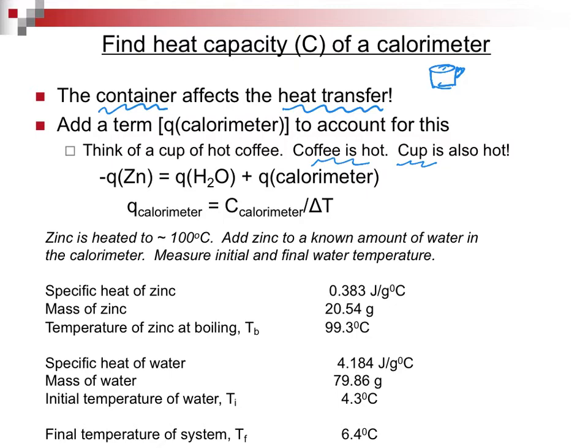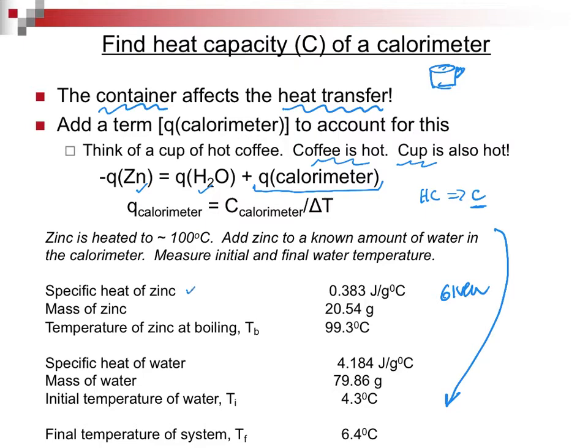That means if we're talking about doing measurements, we need to account for what energy is going into the container. So we've got our 2 terms from our earlier calculations, and now we have added in a calorimeter. And that calorimeter number can be used to find out the heat capacity. Now, heat capacity is 2 words, but they tend to abbreviate it just as C. Before you faint, this is all information that is given. Please pause, take a look at it before you proceed on.